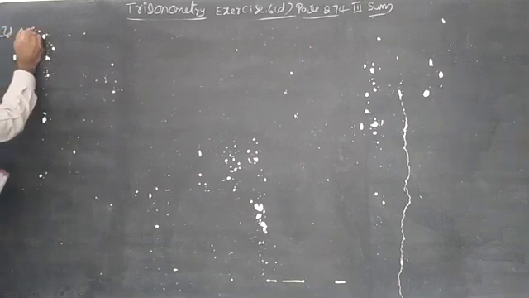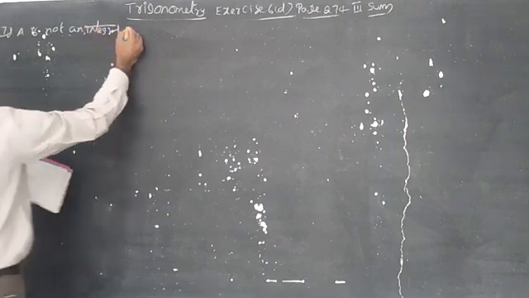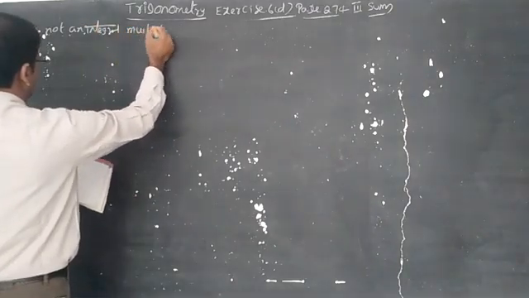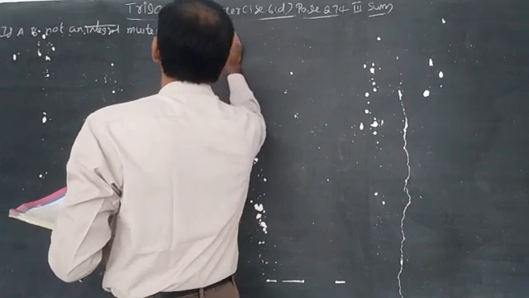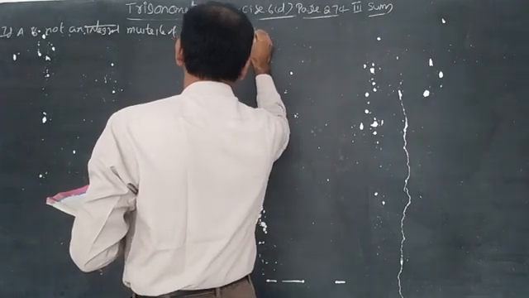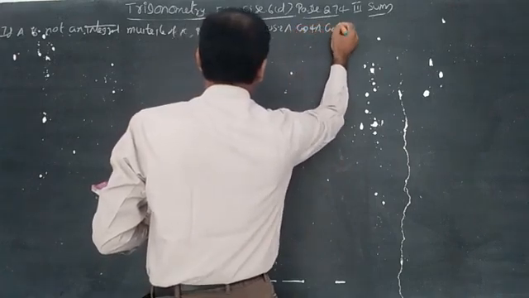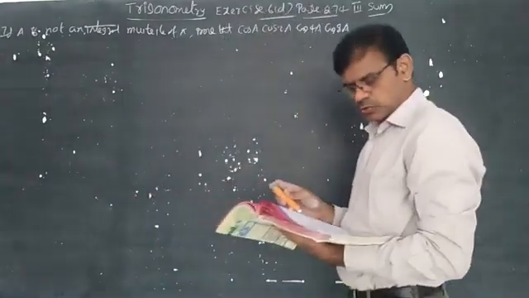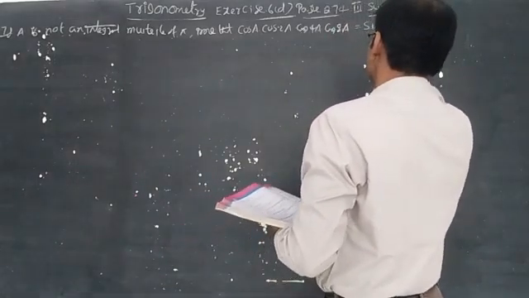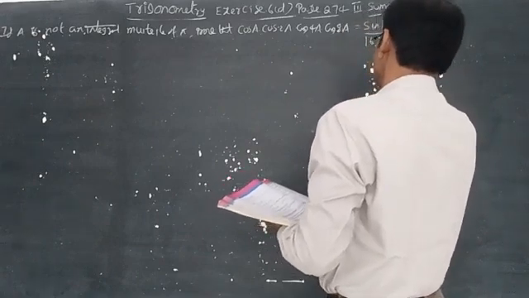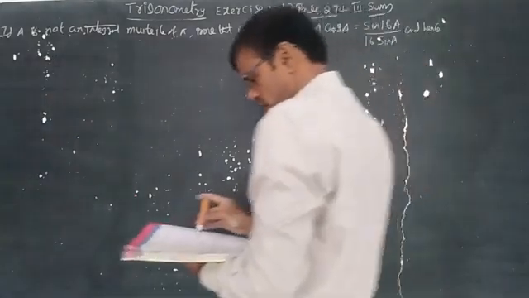If A is not an integral multiple of pi, prove that cos A into cos 2A into cos 4A into cos 8A is equal to sin 16A by 16 sin A, and hence deduce that